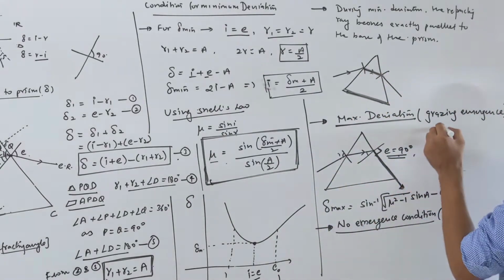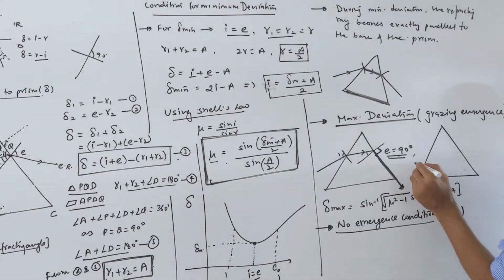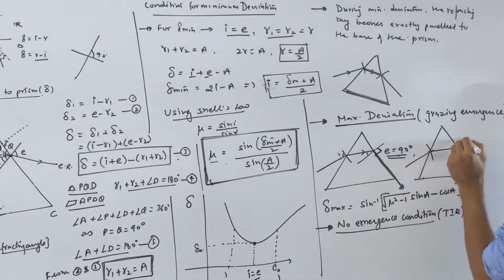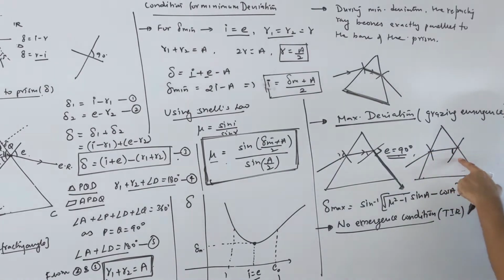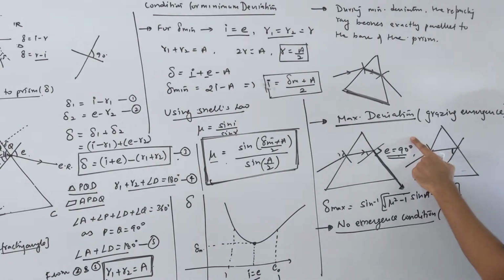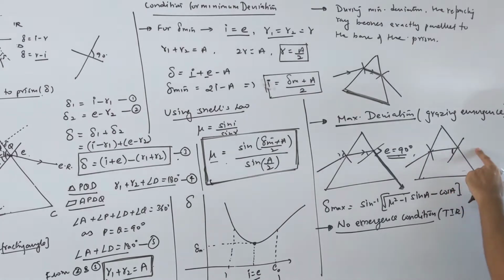So how does it look, I am drawing it here, watch it here. Suppose this angle of incidence is more than the critical angle. Here light is going from denser to rarer medium at this face. At this face it goes from rarer to denser, and in this case denser to rarer. So instead of going out, this light may come like this way, correct. This is called TIR, right.